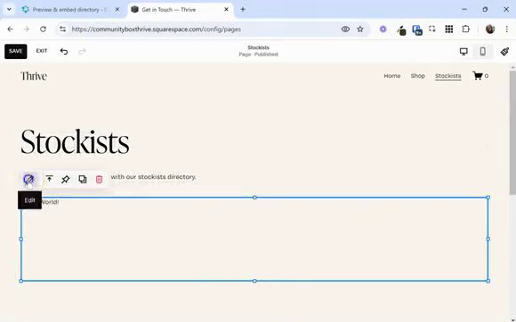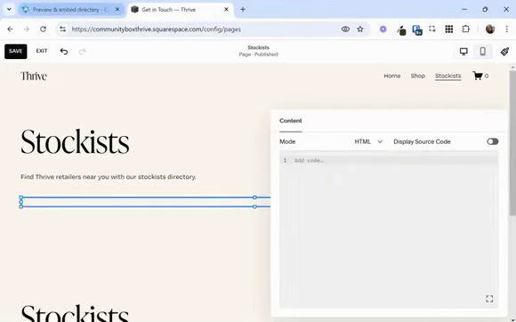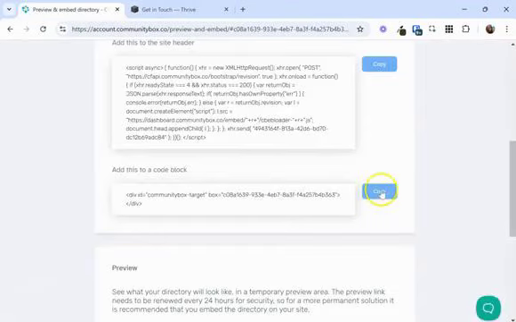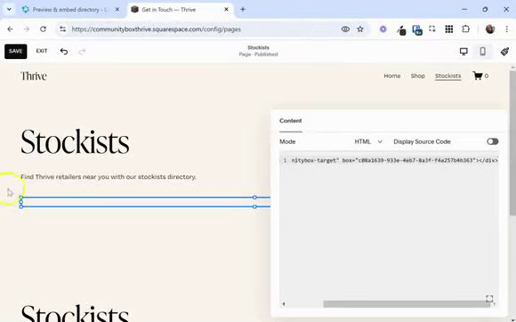Then we can edit this code block. You can also double click on it to go into edit mode. We're going to delete this hello world message and then make sure we've got this code copied, and then we're going to paste that in. So once you've done that,